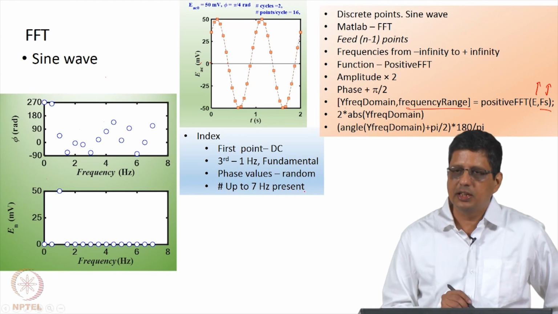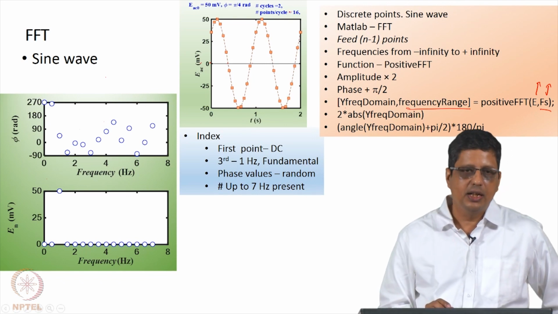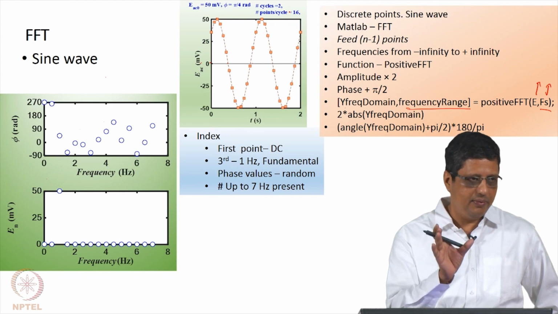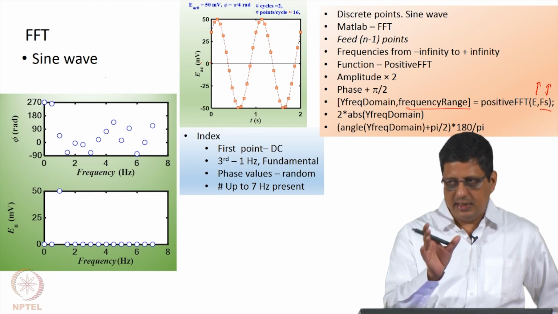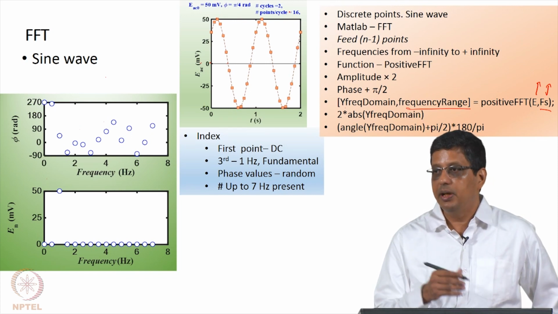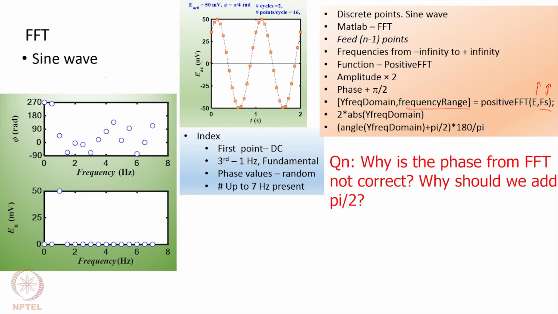So, up to 7 harmonics are present, we have 16 points per cycle. There is a criterion called the sampling criterion. If you want to see 8 hertz data, you should sample at least at 16 hertz. So, you should sample at a minimum of twice the frequency that you want to see, and typically you want more because there is going to be noise in the system.